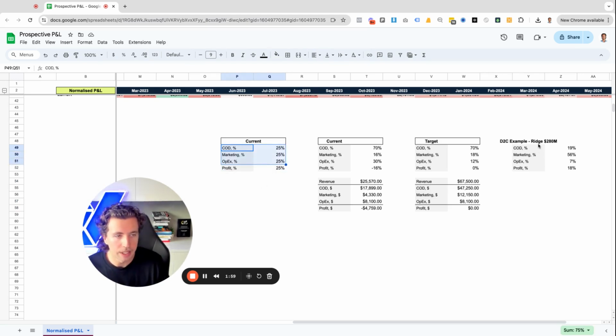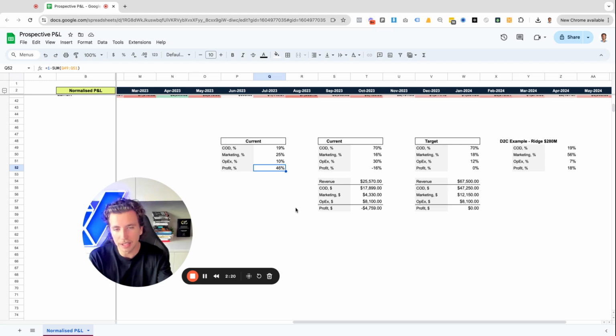And so a good example is Ridge Wallet. Ridge Wallet's P&L looks something like this. And so they have really good gross margins. And so their cost of delivery is tiny. And they're also relatively lean. And so what that ends up allowing is an ability to really crank up spend on direct marketing. And so because if they operated at a full mode, they'd have 46% profit. The reality is that the market will always